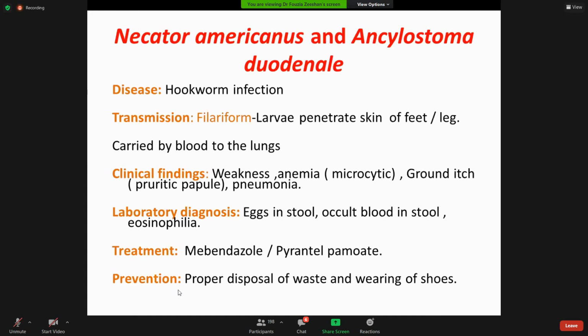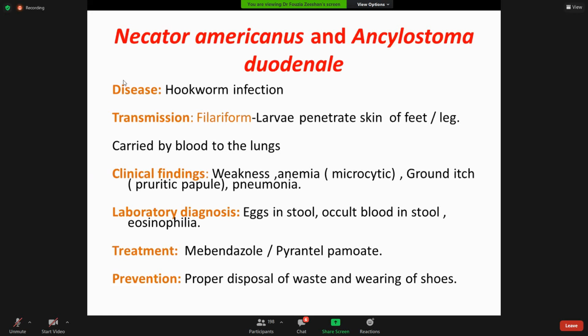These filariform larvae are found in the moist soil and penetrate the skin, and they enter into the lungs and then migrate into the alveoli and are taken up by the bronchi and trachea and then swallowed. So they develop into adults in the small intestine, attaching to the wall with either cutting plates or